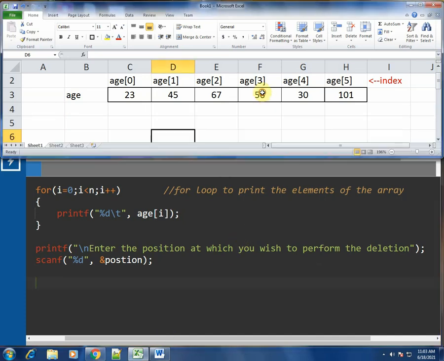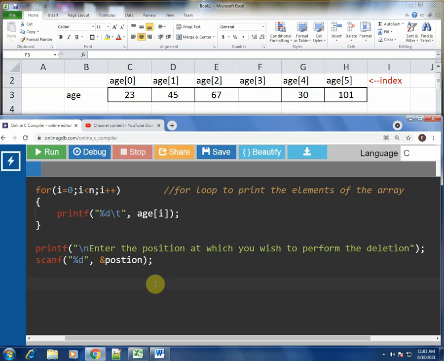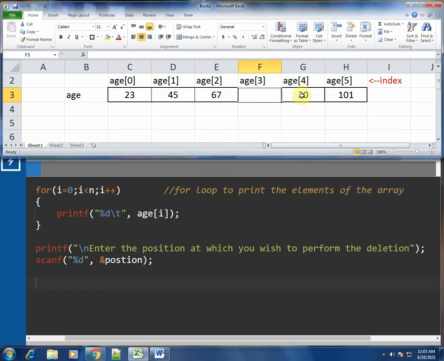Suppose this is being deleted. What we have to do is shift these two remaining variables over here in this place. Actually, in C you don't have to go and remove or delete the element. All you got to do is just replace the old value with the new values. What I mean by that is, suppose this is 56.